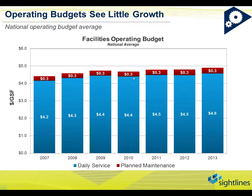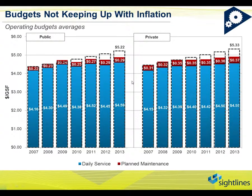But as you can see, the operating budgets have been flat, about 1% a year. We also track this with modest inflation numbers, about a 2.5% increase in inflation. And you can see, had we had inflationary increases, and we apply this to both public and private, we would be ending up with about $5.22 a square foot for public and about $5.33 a square foot for private institutions. And so what we're seeing is that we're just not keeping up with inflation, and as a result, we started